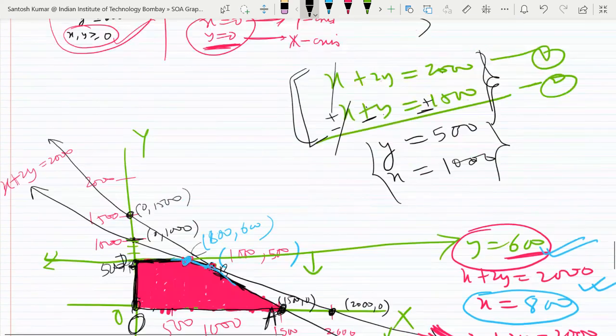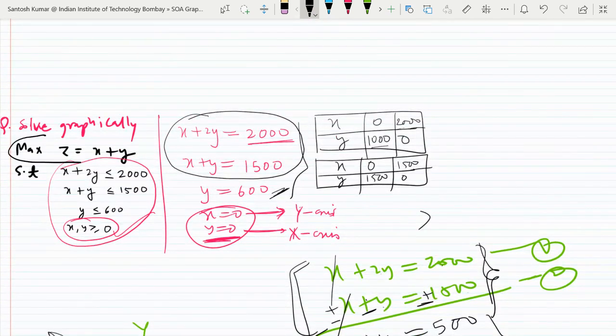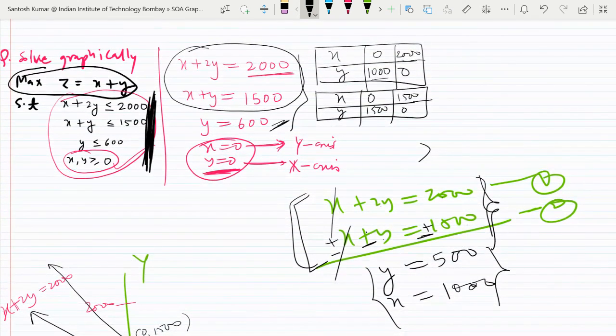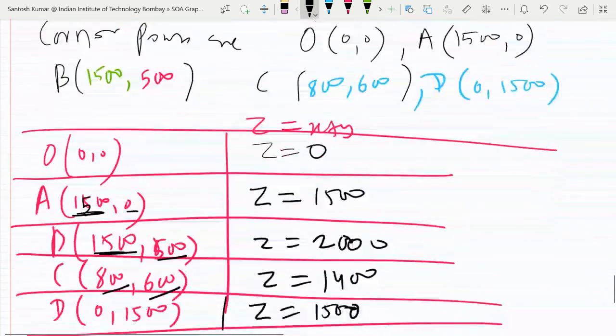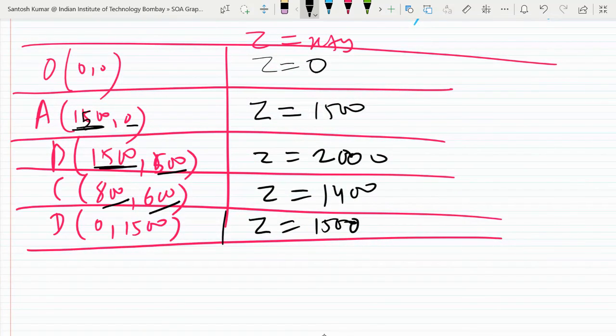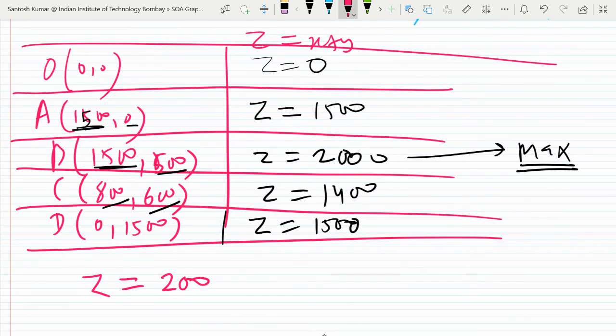So what were they asking you, minimum or maximum? They were asking you maximum of z subject to that. So the solution of this is a feasible solution. And now at the corner points of the feasible region, we find the value of the objective function and the one which gives the maximum. So this I see is the maximum. So z is equal to 2000. Here write maximum value